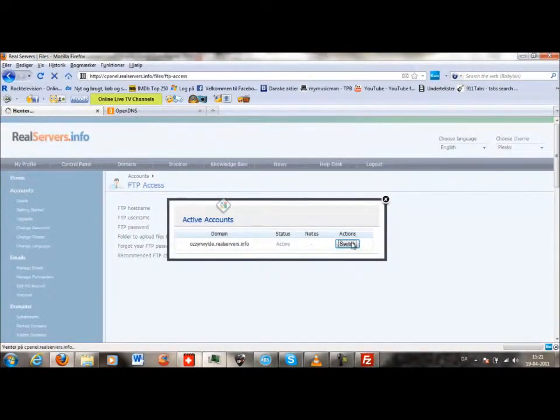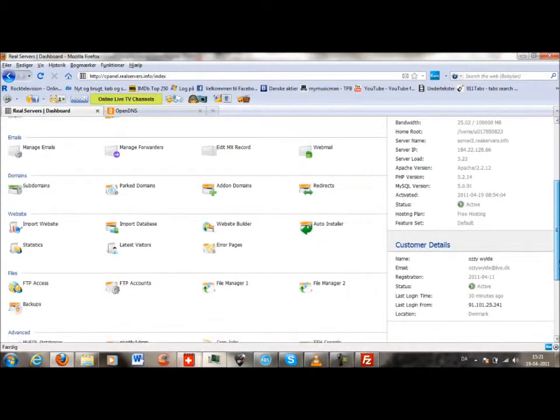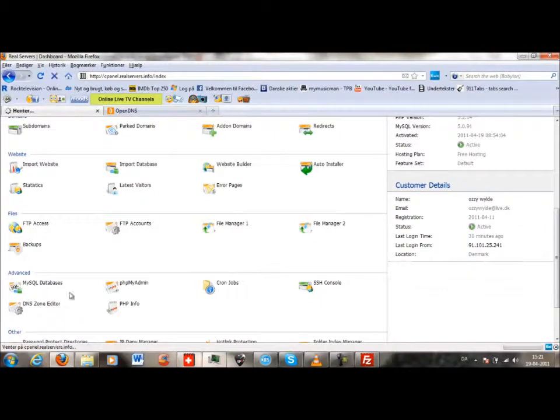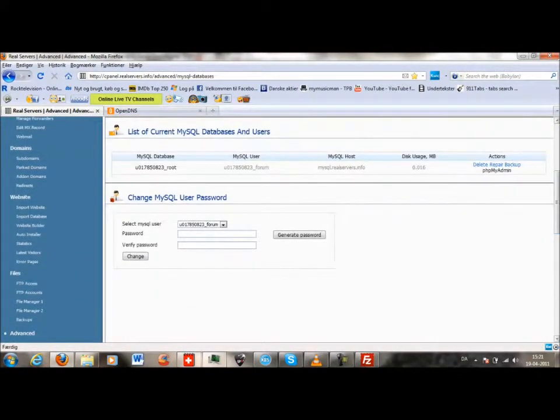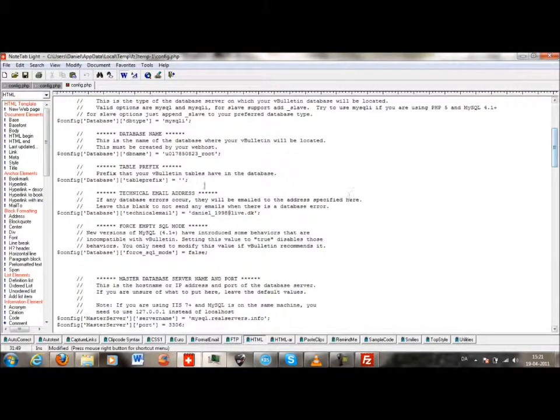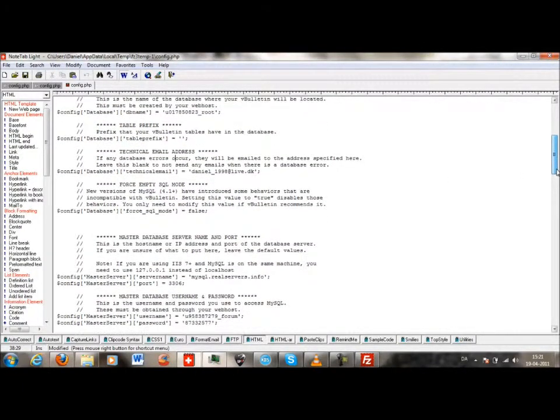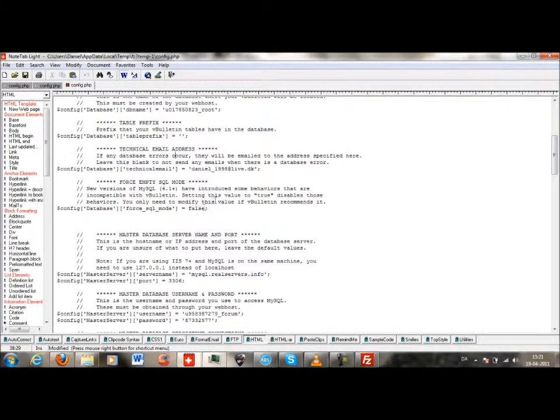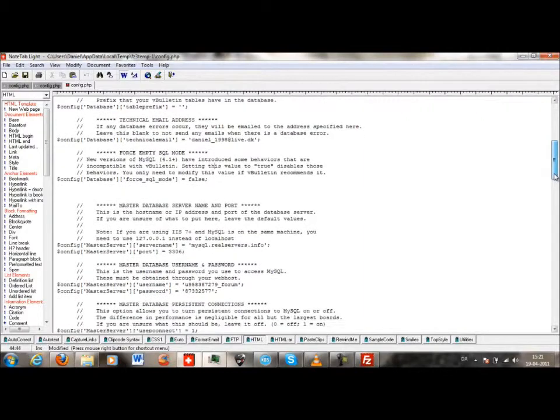We can see it in the control panel here, MySQL databases, and here is the database, and we copy that and paste it in here in the database name, and the technical email address is your own, as you use to log into real servers with, and set this to false empty SQL mode,